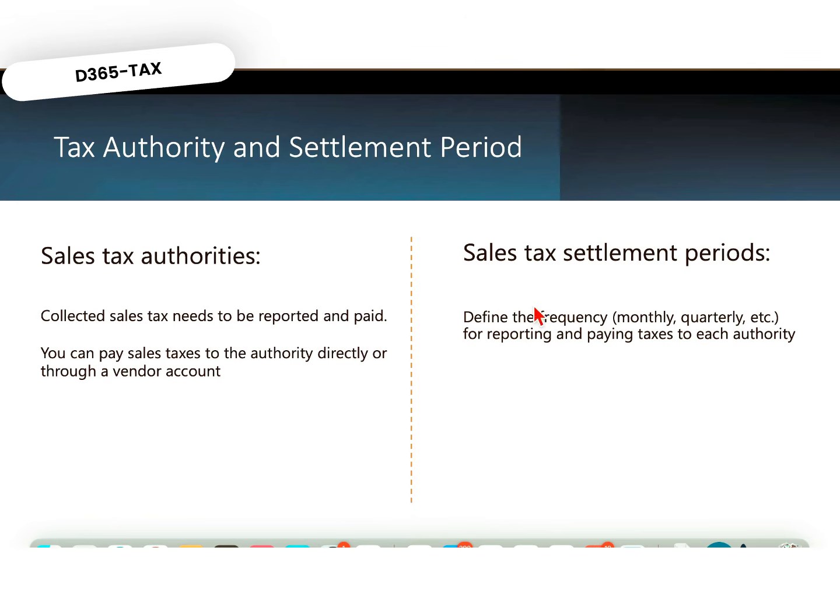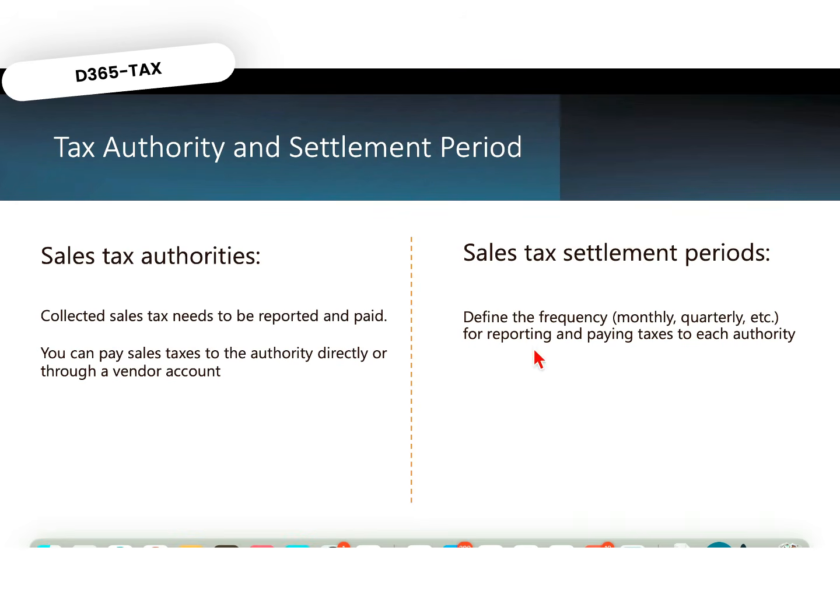Next we have to create the settlement period, where we define the frequency, like how frequently finance will report to the tax authority. Is it going to be a quarterly report or a monthly report? This is very useful, because whenever you do a settlement and pick the period defined, the system will bring the transactions that have been posted during that particular period. So we are supposed to create it now in the system. Let us go here